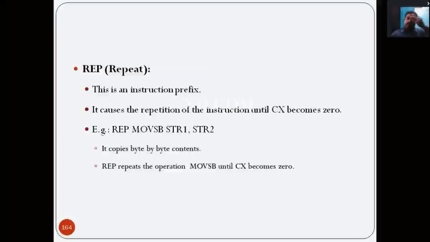CX is initially initialized with some number. For every repeat operation, the CX value is reduced by 1. Whenever CX equals 0, at that time the repeat operation breaks. Okay, right? So this is the repeat instruction. So this is REP MOVSB, string 1 and string 2.